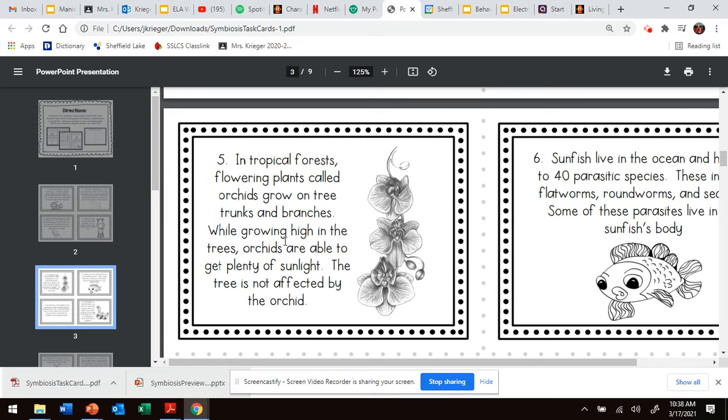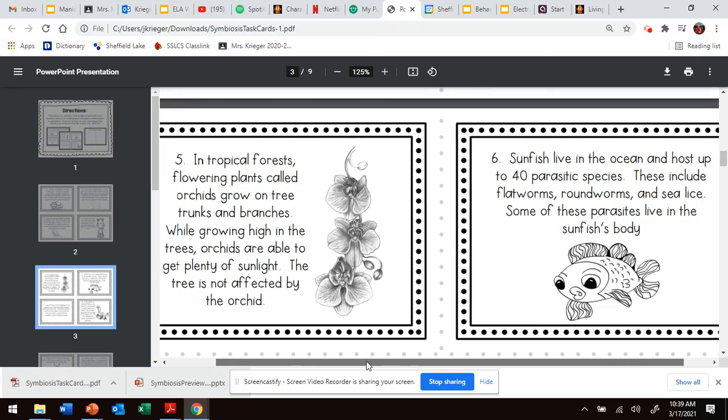So these orchids grow on the trunks. They get nice and tall. It helps them reach that sunlight, and the trees are not affected. Commensalism, mutualism, or parasitism? It is commensalism. Commensalism. Number six,